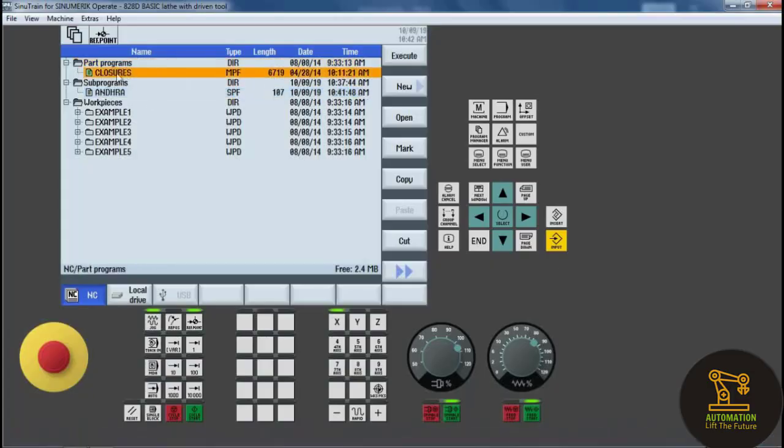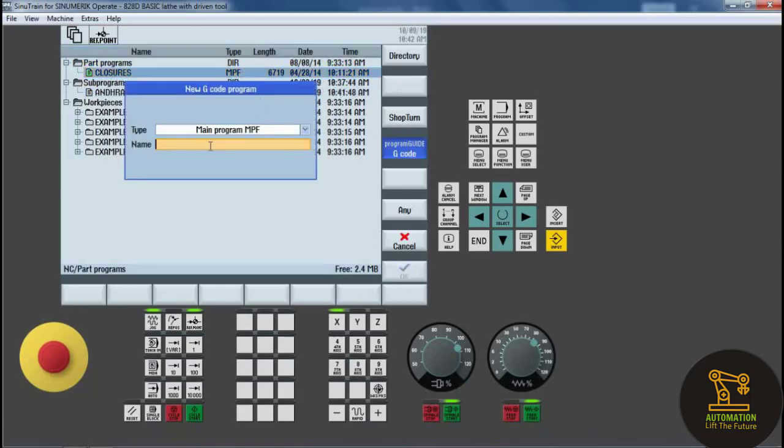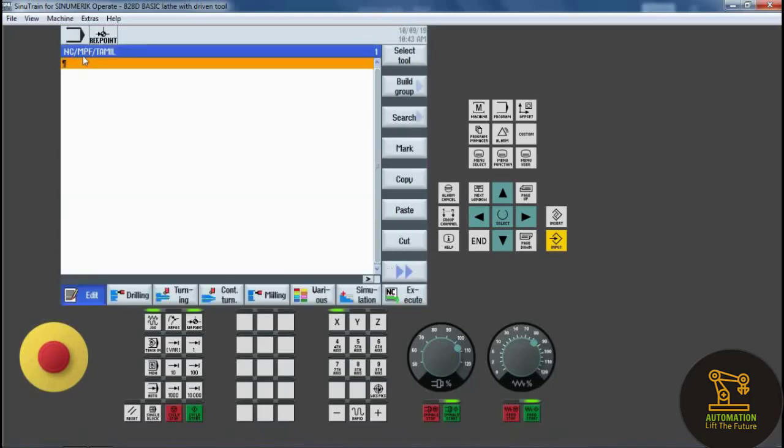For these drilling operations and this whole machining process, we create a main program file. We name the main program file Tamil and click OK. This is the main program file for the whole operation.